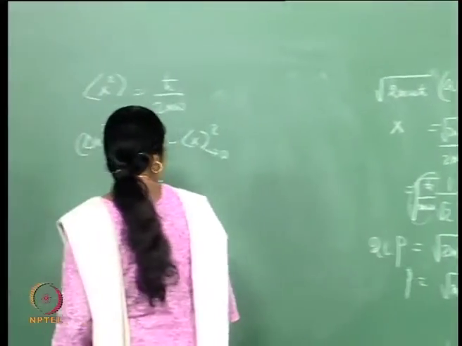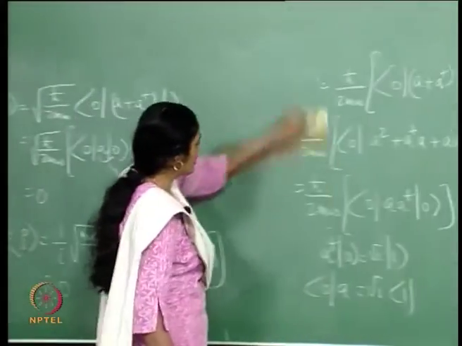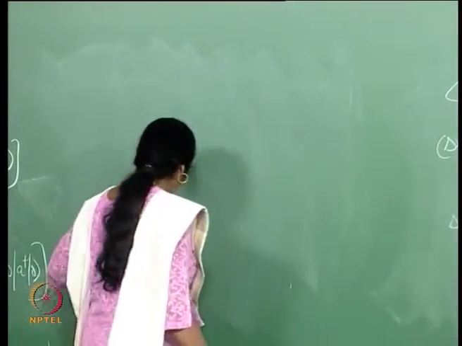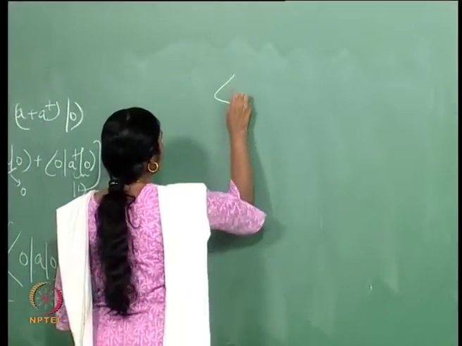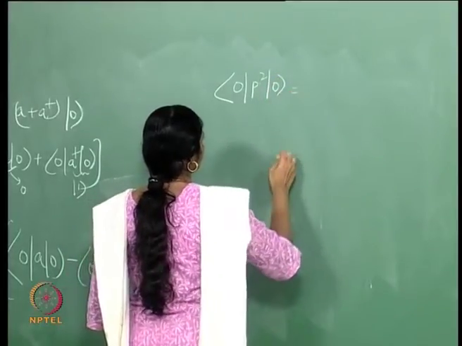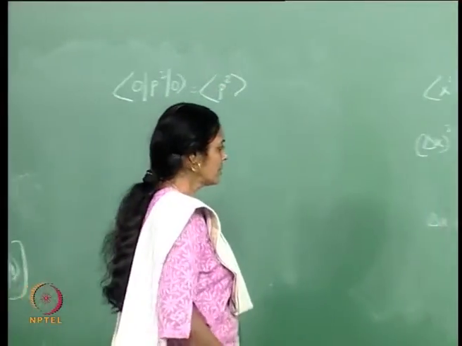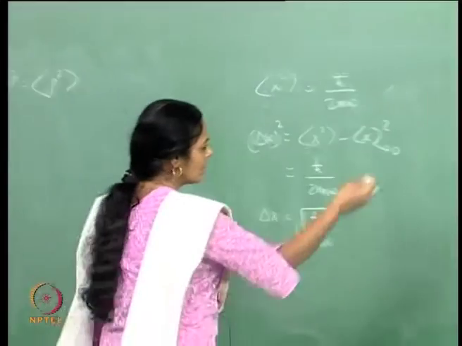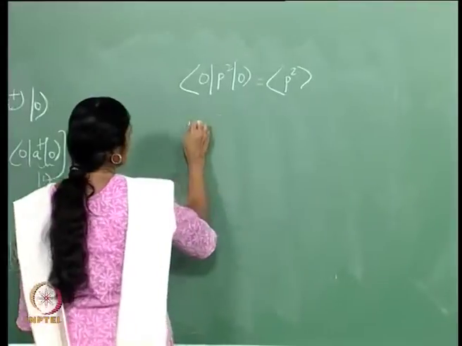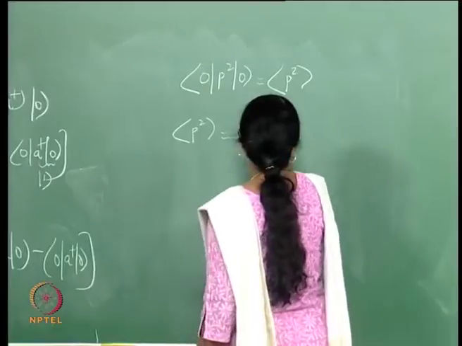Let us look at delta p. So, once more I would do this calculation. I already know that expectation p was 0 in this state, we have seen that. So, we need to find <0|p squared|0>. I would denote this simply by this average of p squared. So, I get expectation p squared is equal to m omega h cross by 2